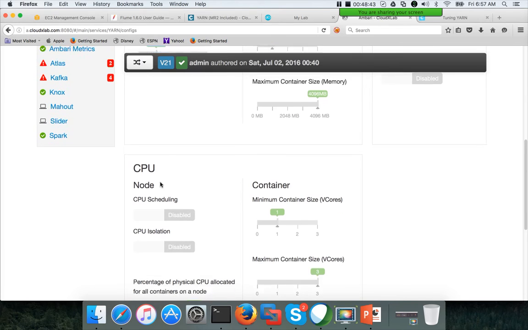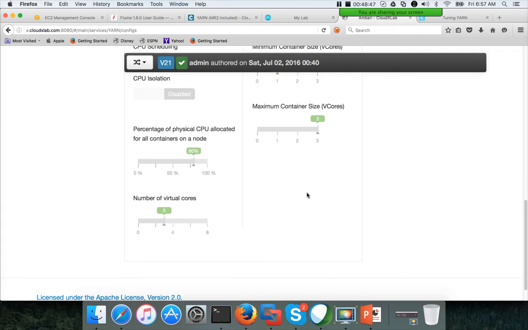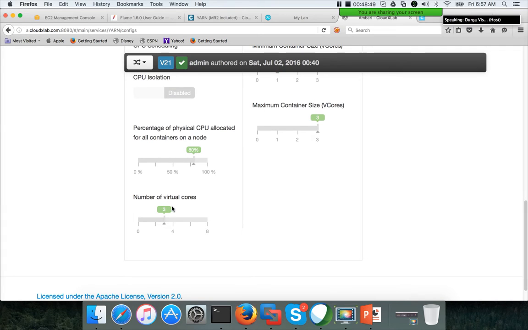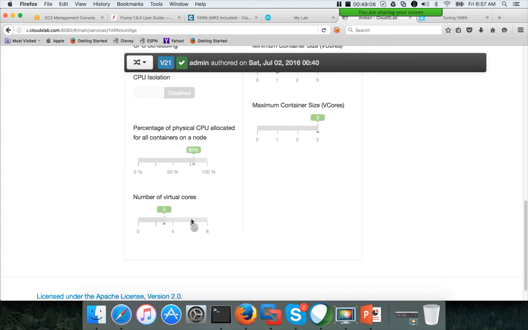And then CPU. Okay, this is the important parameter which will determine how many CPUs or vCores we should give for each node manager. In our case, it is 176. So that 176 number should be provided here.